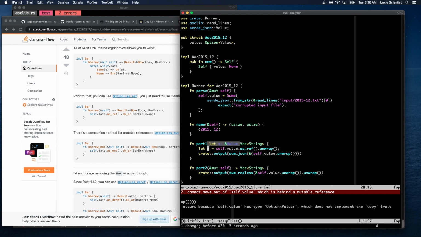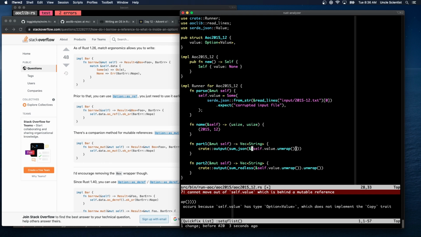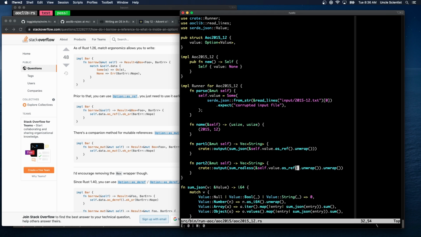And that gives me the reference to value. Okay. Yeah, okay, that works. So, oops, as_ref. Okay. All the tests still pass, but the tests don't use, all